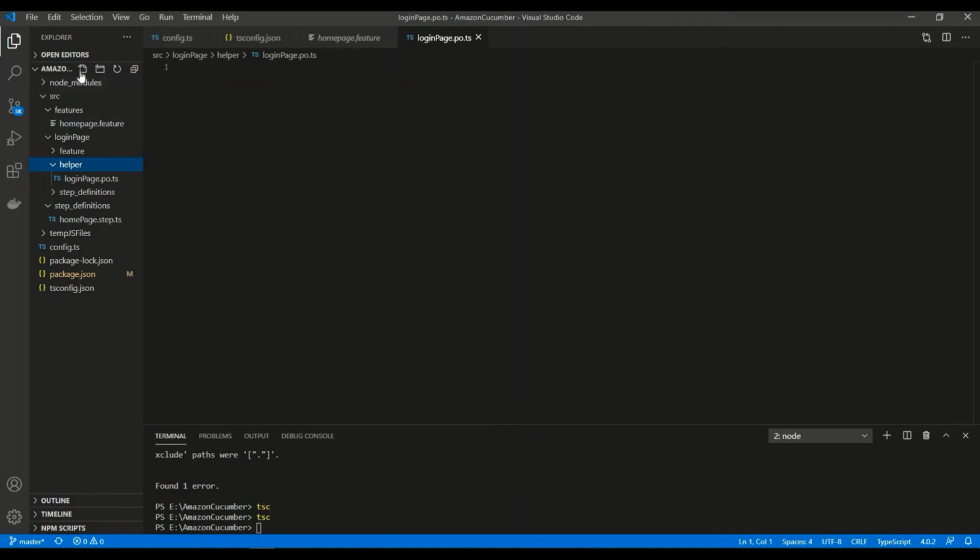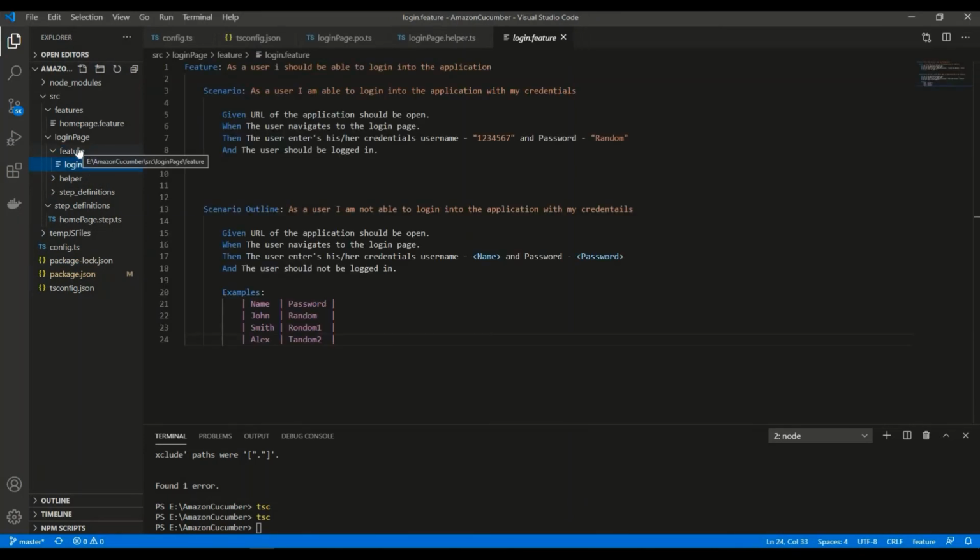So I'll create one more file under this and I'll say login page dot helper dot ts. Right, so my code and my elements will remain in single folder. My feature file for login page will remain under feature, and my step definition will lie under step definition.